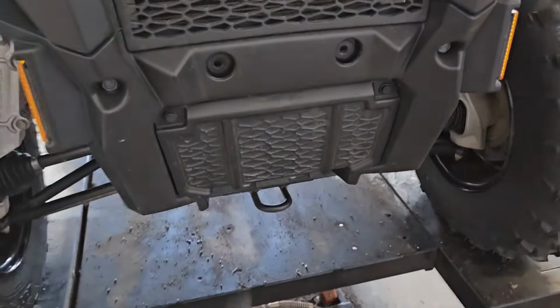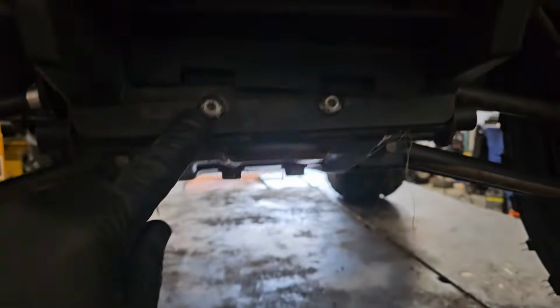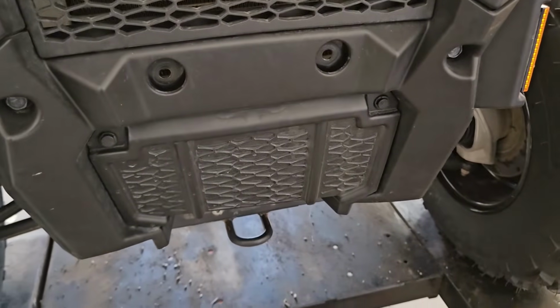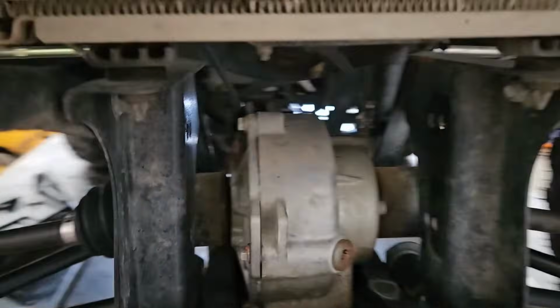The next step is this front grill guard thing here. We're gonna pull a bolt out there, and then there's 2 Torx head bolts right there. Then this front cover will come off, and that's where our winch is gonna set back into. That cover is removed. Now our winch is gonna set back into this cavity and bolt into those bolt holes